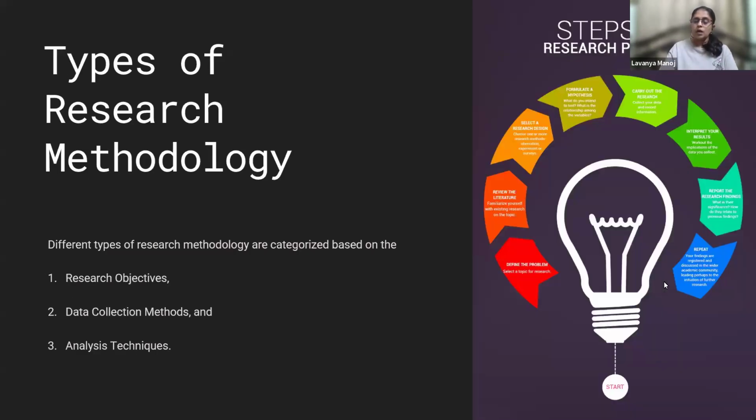Okay. So now we are going to see the types of research methodologies, that is, how the research can be carried out. This depends on a few factors. The first one is the research objectives. So you have to set up the objective of why that research is carried out by you, or by a team of individuals, or by an organization or a company or an agency, or by the government.